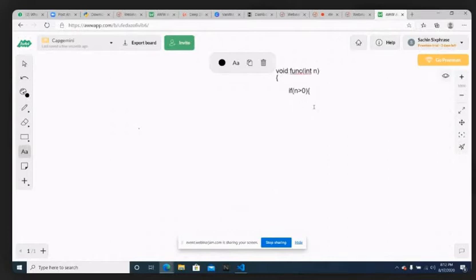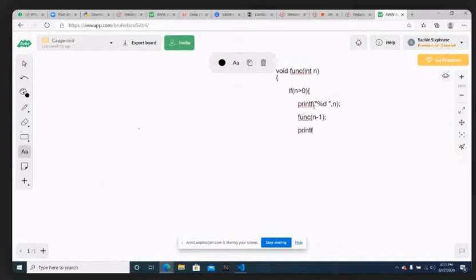What I will do is printf "%d ", n. That is the first line. In the second line, I will call the same function again by passing n minus 1.